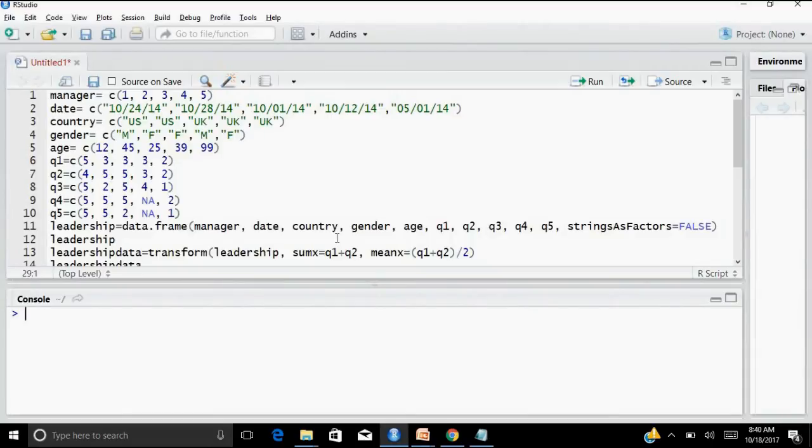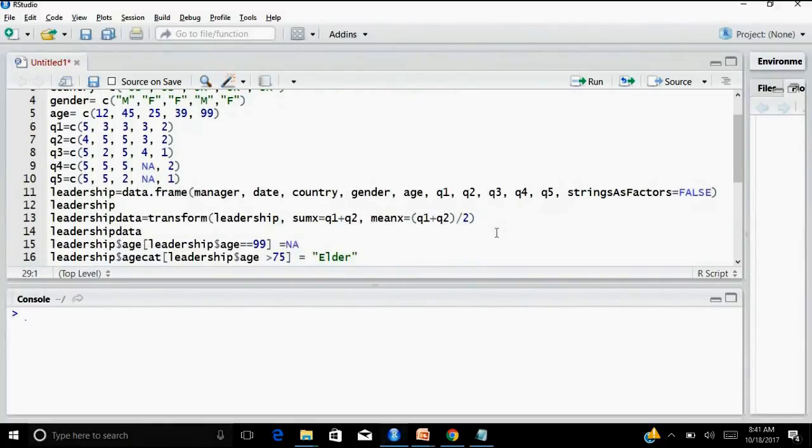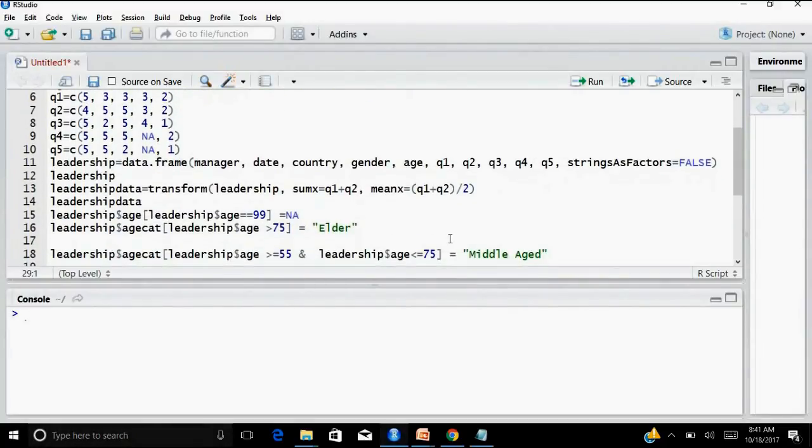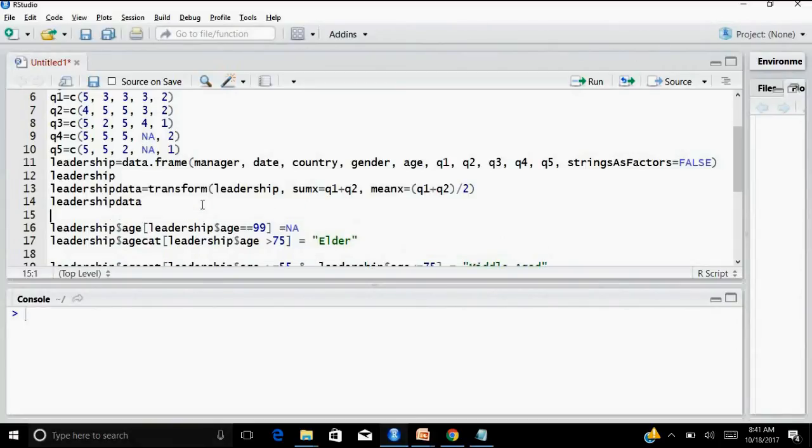In the previous lectures, we had created a data frame for the same data, and then we tried to create new variables. So that was in the previous lecture. We did this till here in the previous lecture, so I would demarcate that.